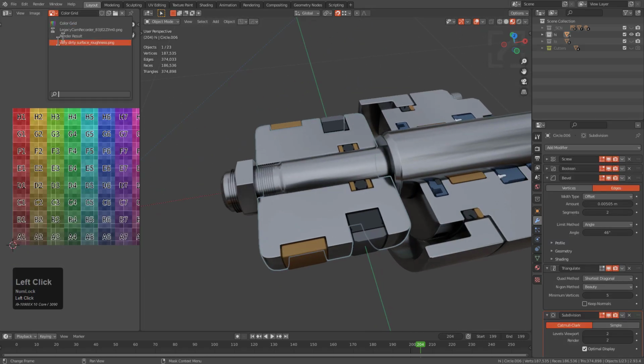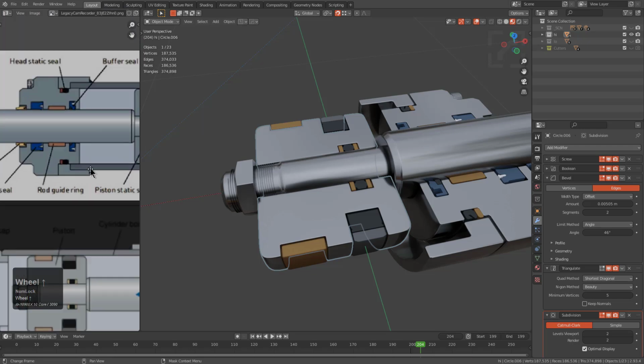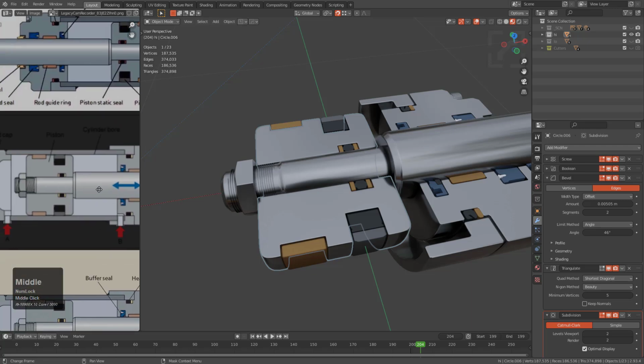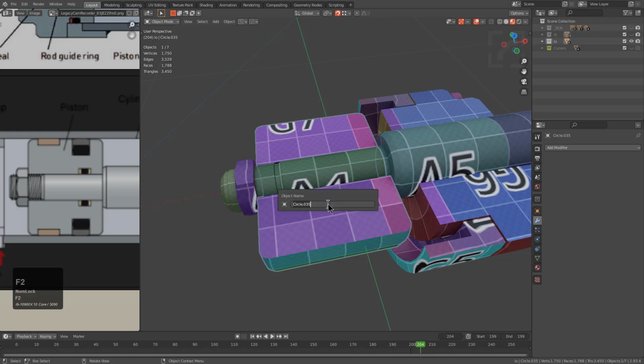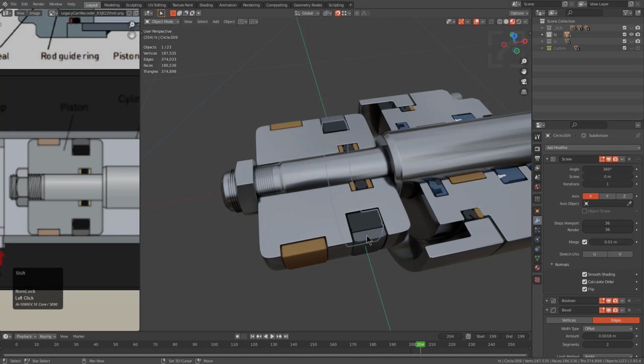And I should probably bring back up the image. The image will help us with the names. Let's see what this thing is called. Everything's called a sill on this thing. Alright, this thing's a piston. So let's just F2. We'll call this piston low, F2, and we'll copy that. We'll press H, go to layer 1, and for all this stuff,